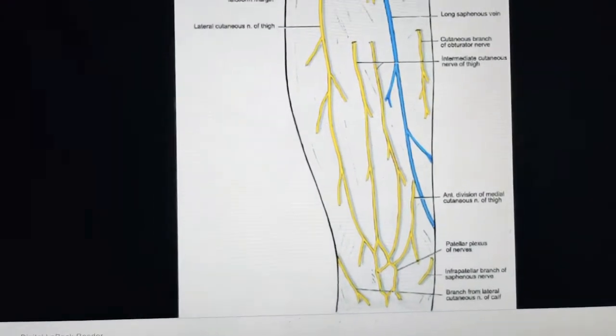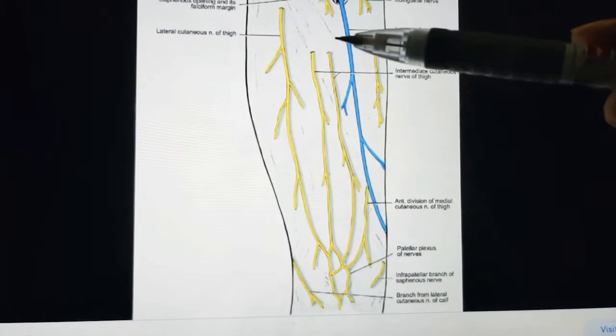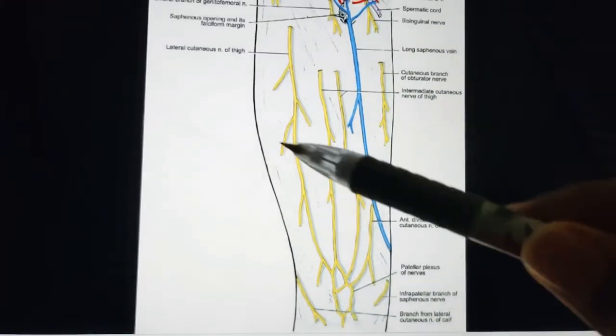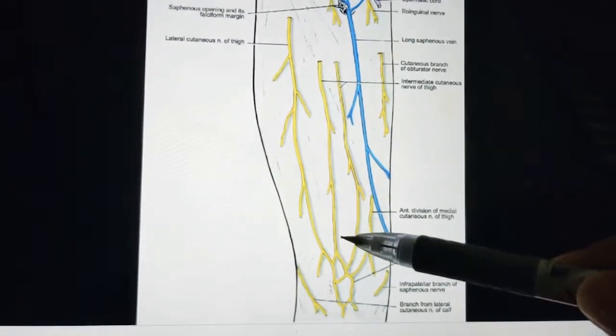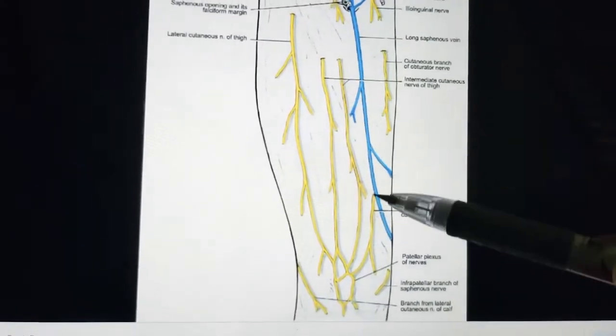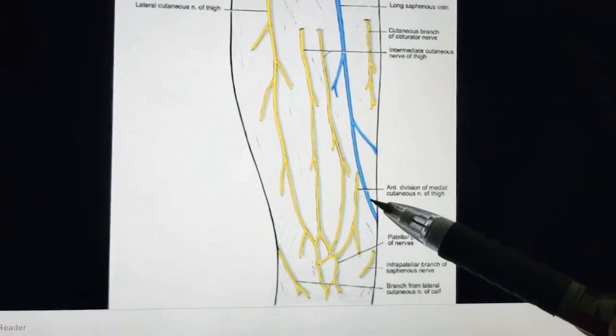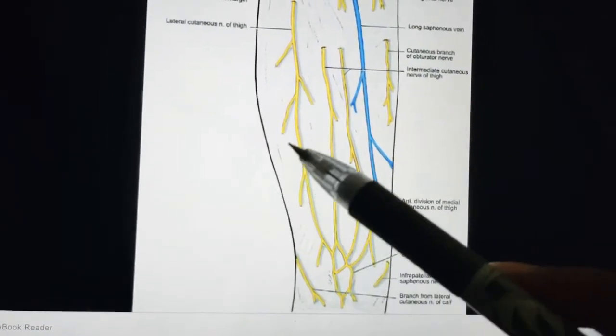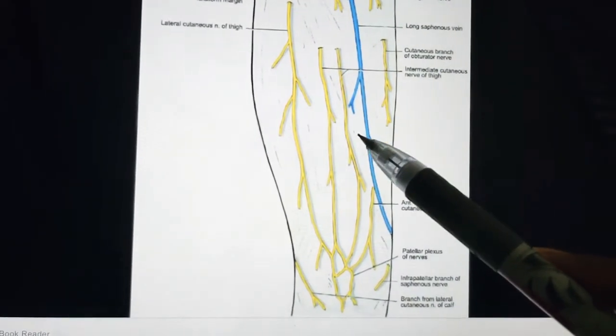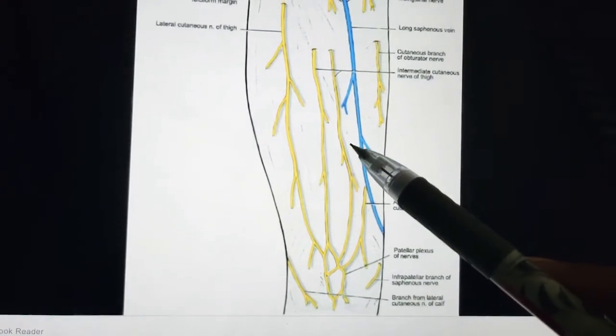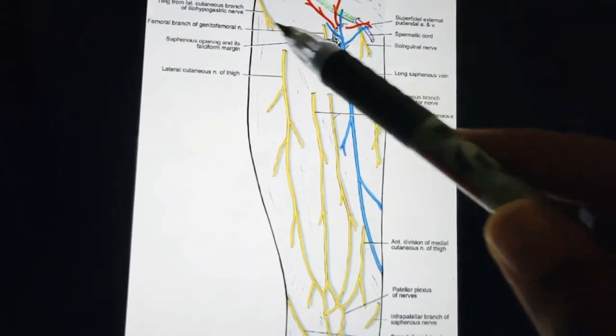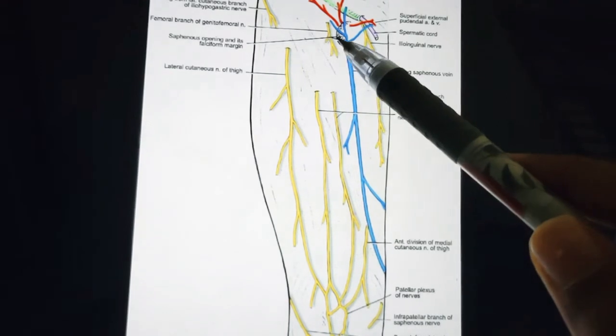Of course the next nerve name you can only guess, that is nothing but the medial cutaneous nerve of thigh. So of course first the lateral, next the intermediate, next the medial. So medial is the medial most nerve. You can see its root value again is the same, L2 and L3. So remember lateral, intermediate, medial cutaneous nerves root values are the same, L2 and L3. Ilioinguinal is L1 and the genitofemoral is L1 and L2.